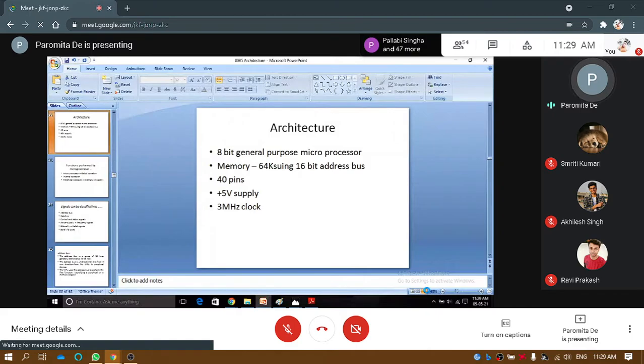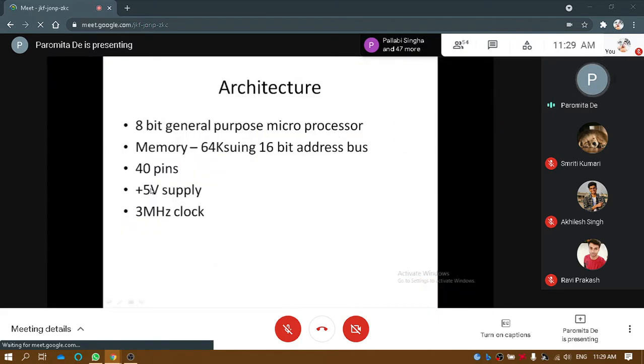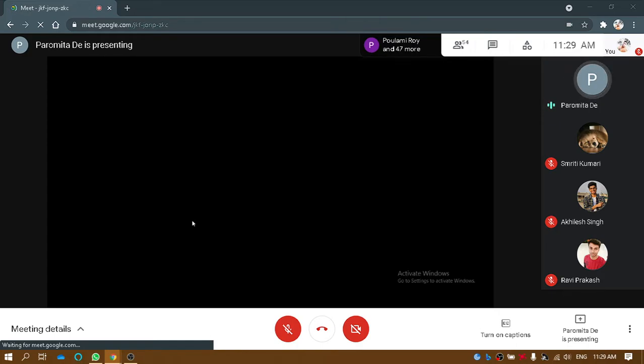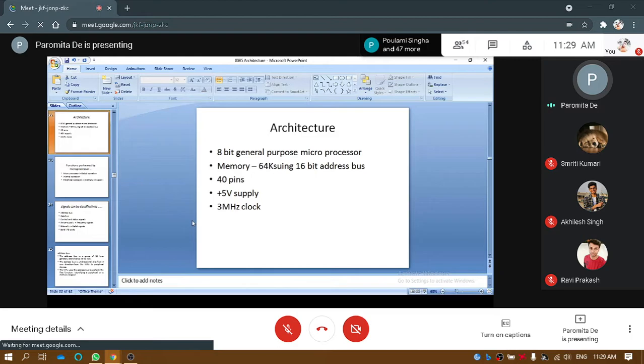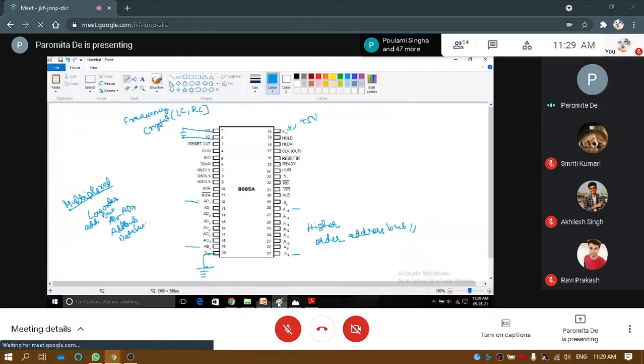We saw that this is a 40 pin 5 volt 3 megahertz clock supply. So where is it coming from? It is coming from this crystal that we are putting here. We can put a crystal, we can put an LC or an RC circuit. So if I want a 3 megahertz